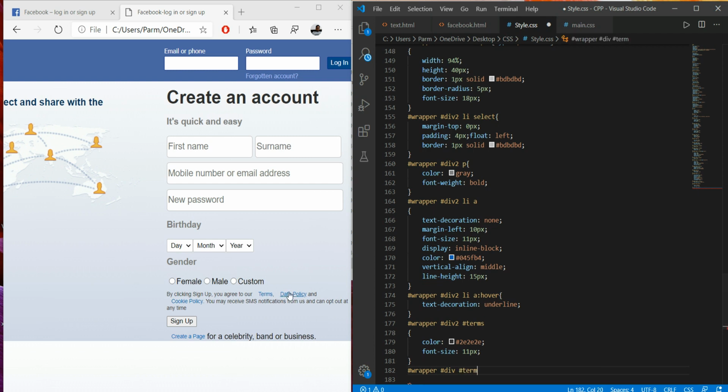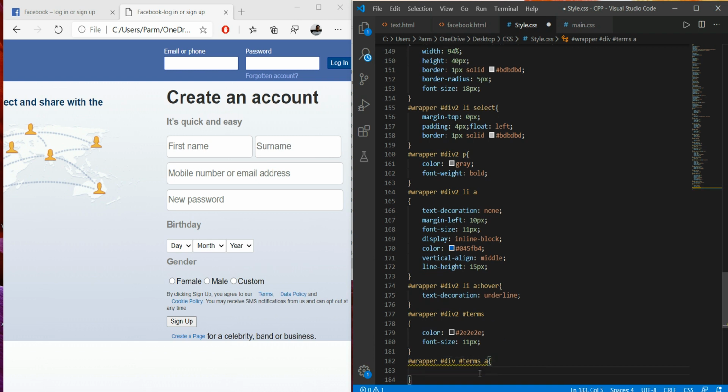I just wanted to omit this space we see over this. So for this terms we have given, and within that we have used anchor, and to this I will write display.